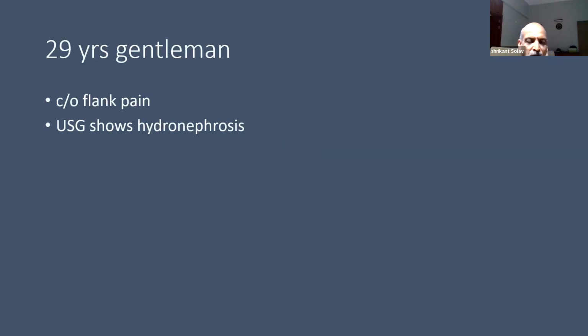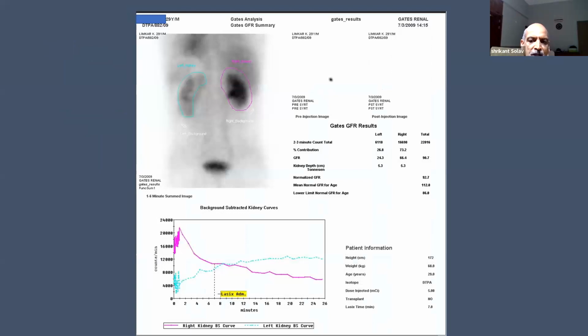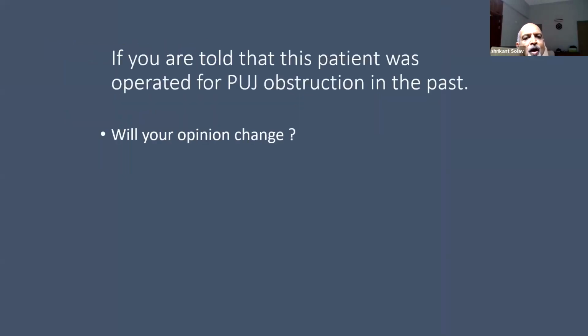Here is the last couple of cases. Flank pain, hydronephrosis. You can see here left kidney is compromised function, rising renogram pattern, obstructed system. Do you think this is a case of PUJ obstruction? If you agree,